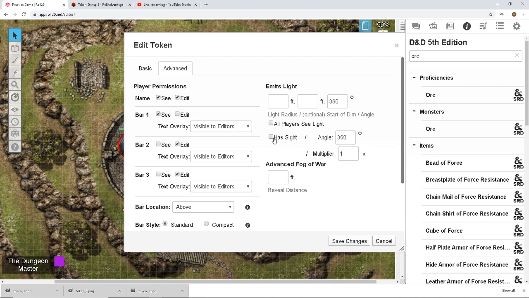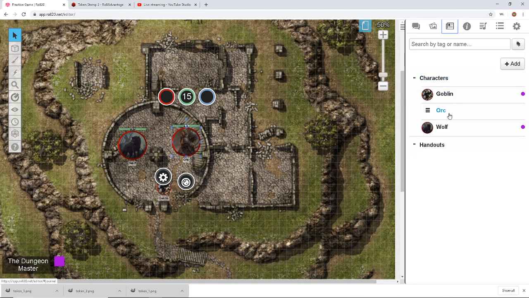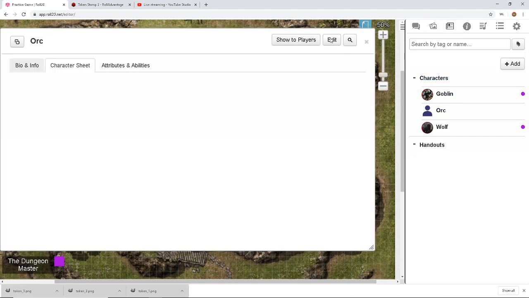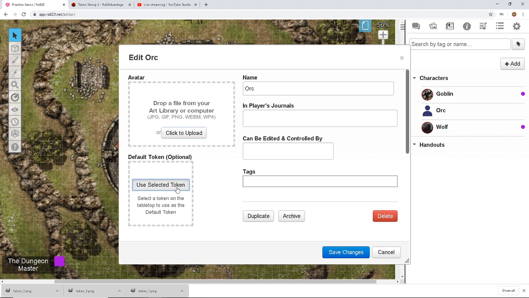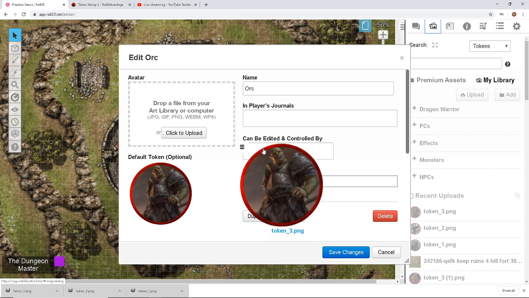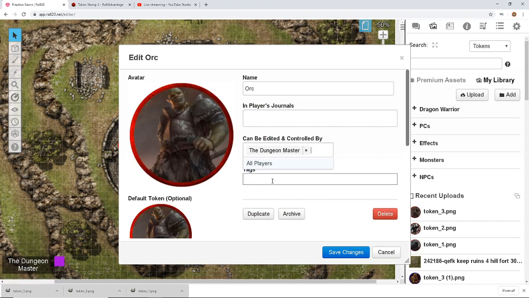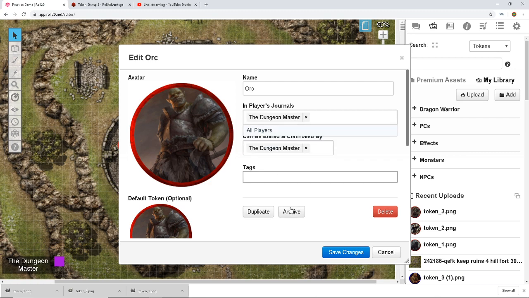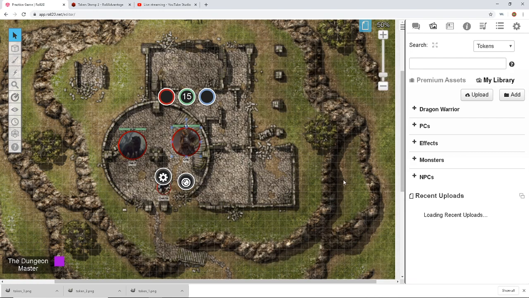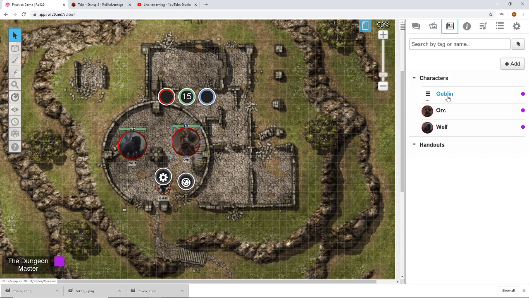And then I'm actually going to click on... Oh, no, I'm not going to do that just yet. I'll do that in a little bit just to show you. First, we finish editing the orc. Use selected token. Grab the token art. And I like to set the edited and controlled by the Dungeon Master. Save changes. And now you can see that when you go to your compendium, you can grab a goblin and